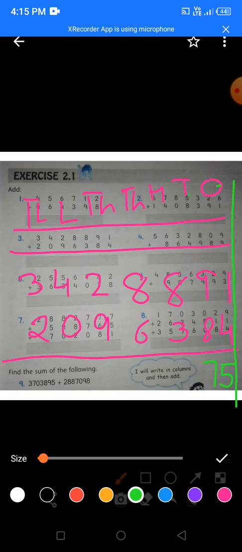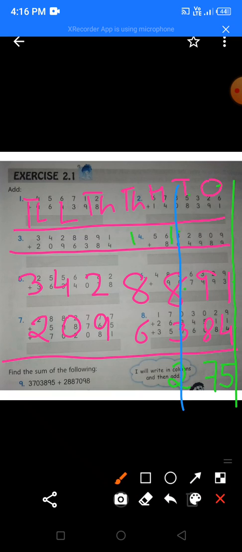Okay, then in tens place 9 plus 8 will give you 17. So again I am writing below 8 and then you will carry 1 here. So this will be in the same line of hundreds. Okay, so you should always remember that everything should be in one line. So 1 plus 8 is 9, 9 plus 3 is 12. So again everything should be in one line, that is, all the place values must be in one line. Understood?